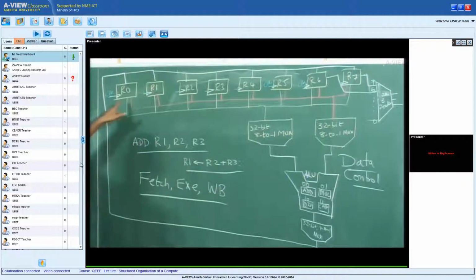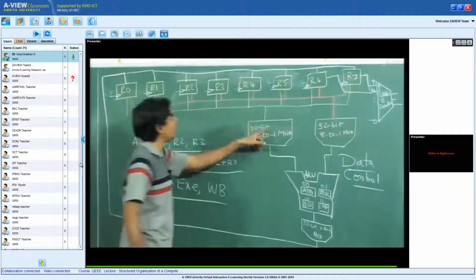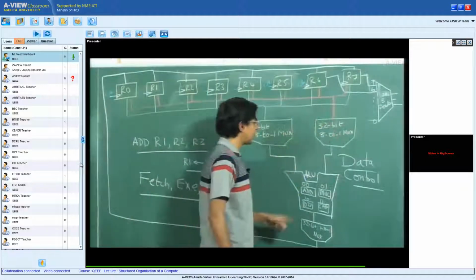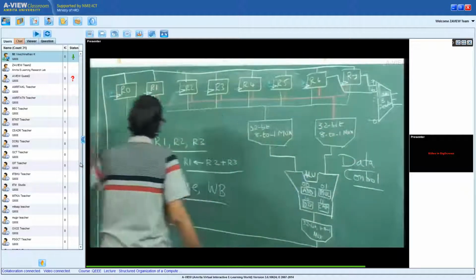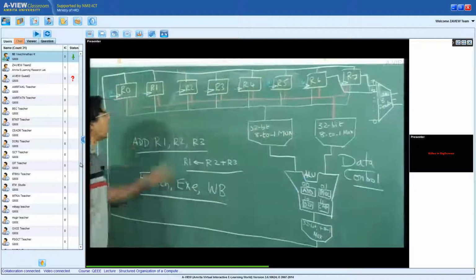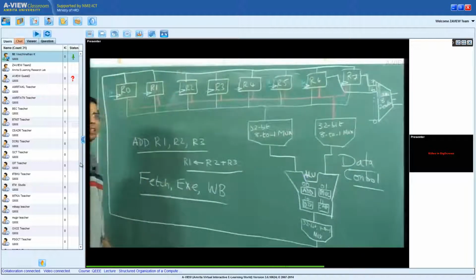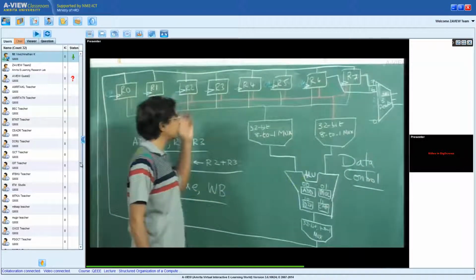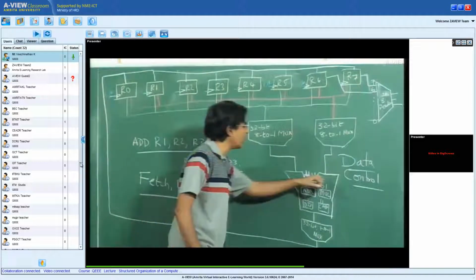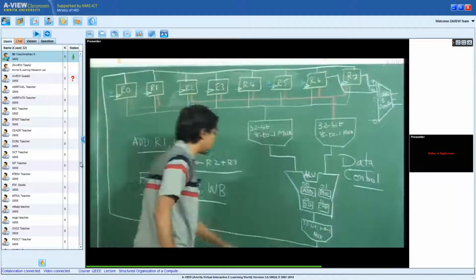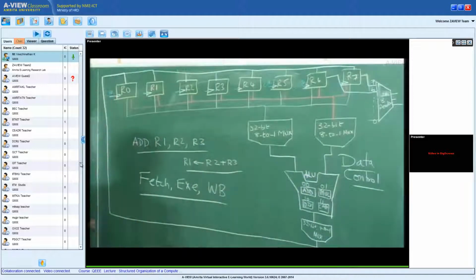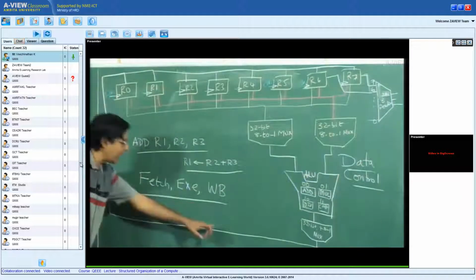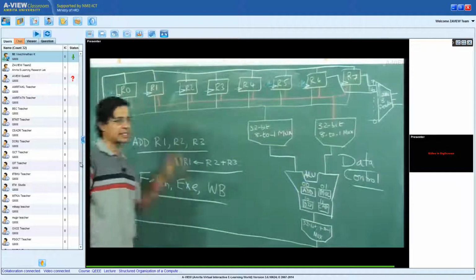If you can see, there is a yellow line and there is a pink line and there are white lines. The yellow and the pink lines are responsible for transferring the data from the registers to the ALU, and the white line is responsible for transferring the result back from the ALU output back to the register.